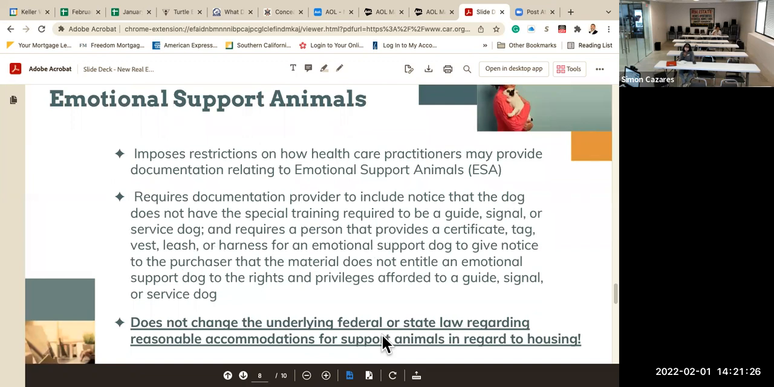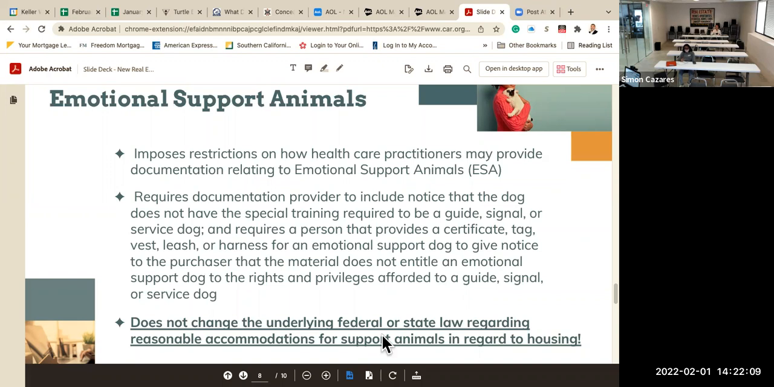One of the most talked about topics is emotional support animals, right? There's a big difference between emotional support animals and guide dogs that help the handicapped or the blind, right? So some of the new updates go into imposing restrictions on how healthcare practitioners may provide documentation relating to ESA, emotional support animals, requires documentation providers to include notice that the dog does not have special training required